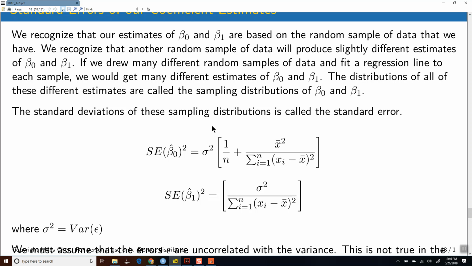So anyway, we know what a sampling distribution is, and the standard deviation of a sampling distribution is called the standard error, right? Anytime you have a statistic based on a sample, that statistic has a sampling distribution. So whatever statistic you're calculating, whether it's your beta 0 or your beta 1 or your t or your r squared value, these are all statistics based on some sample. Every single one of those has a sampling distribution, and if you want to know the standard deviation of that sampling distribution, that's the standard error. And